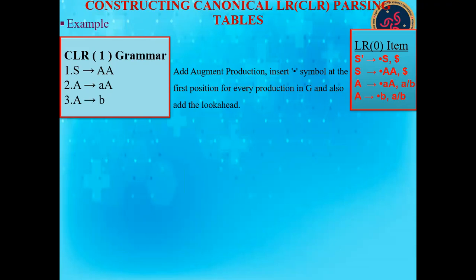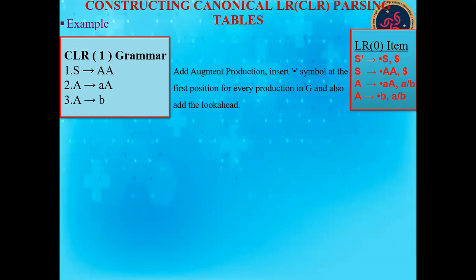So my dot symbol will come after this A. Again, there is a symbol, right? So I need to find out the first of A comma dollar symbol. What is first of A? We have already seen that first of A is A or B. So the look ahead symbols for these two productions will be A or B. Okay, so this is how we have found all the